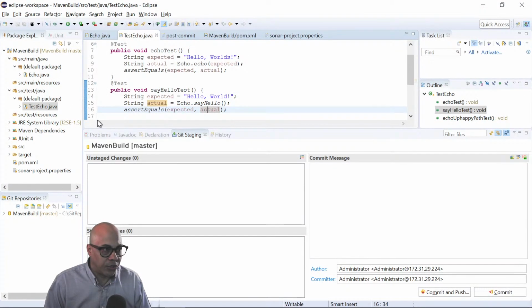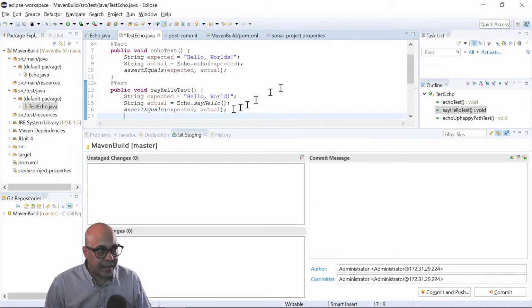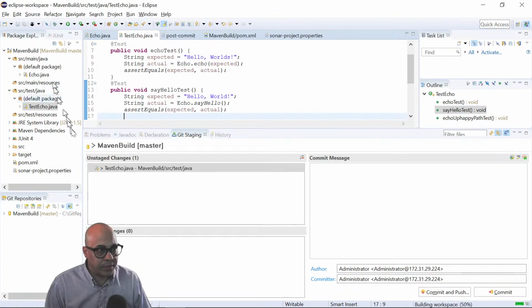One other thing I want to show you guys here: all the stuff that we just did in Visual Studio and Azure DevOps works very similar here in Eclipse. I just added a carriage return to my test file. I want to save all files, and you notice here in my unstaged changes, this is my Git staging window. It says, hey, there's a file here that has changes to it. Do you want to commit this file?